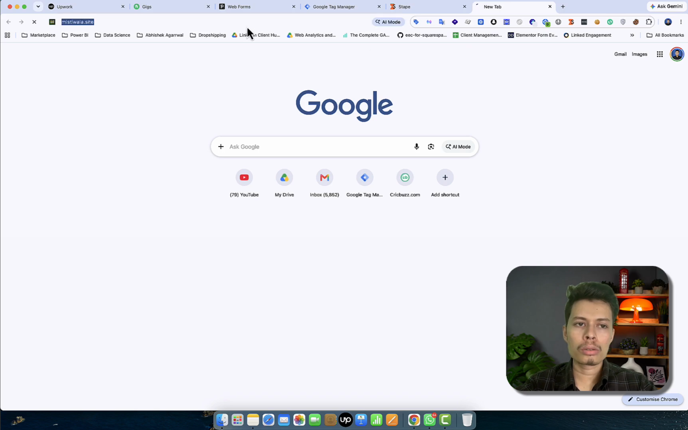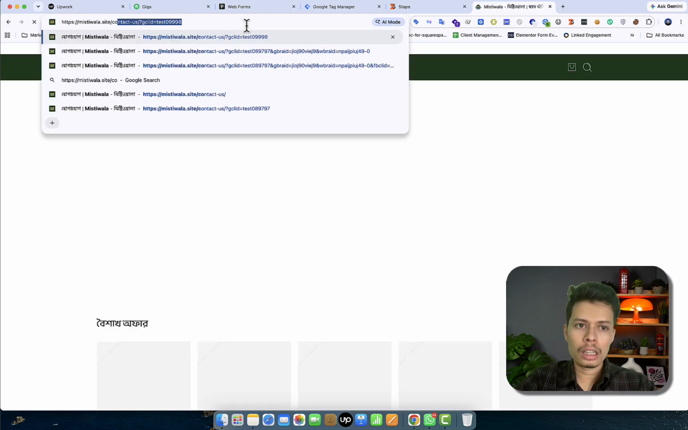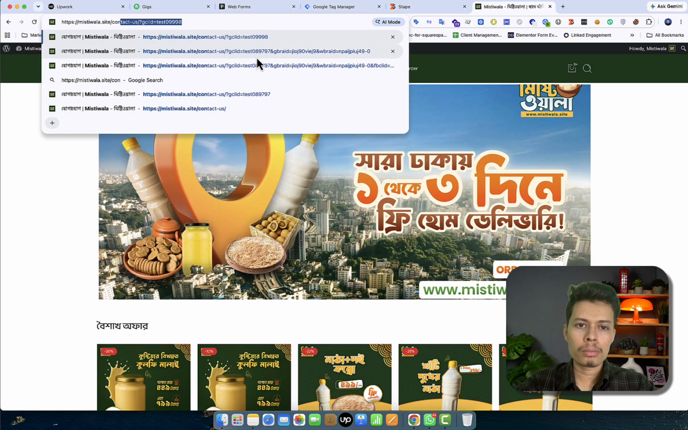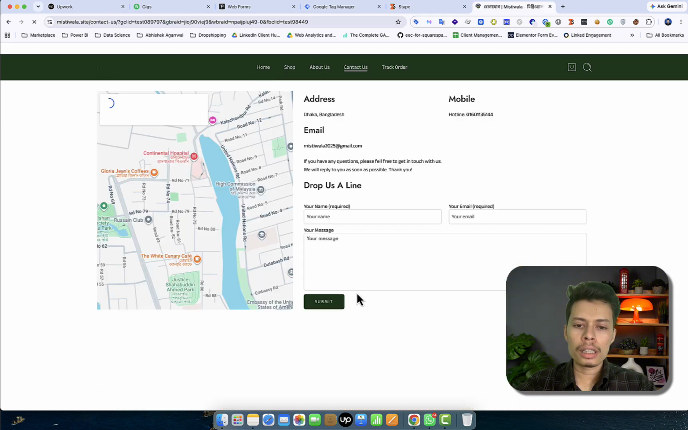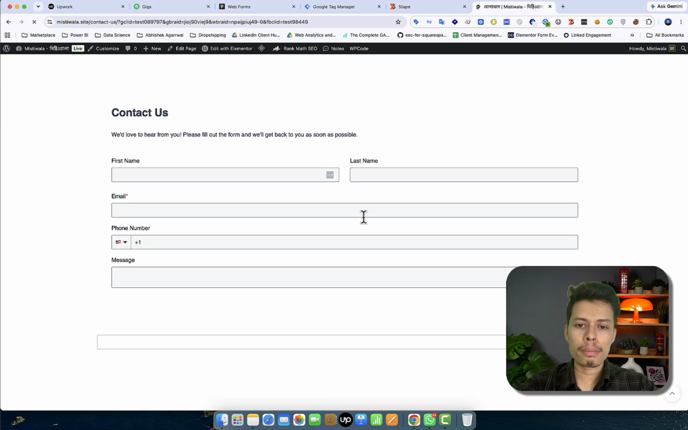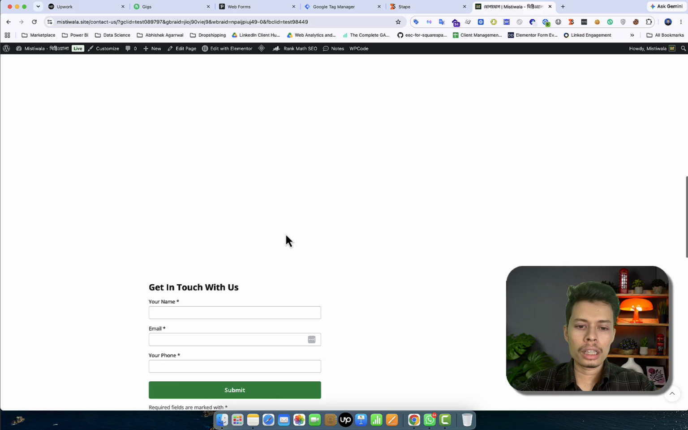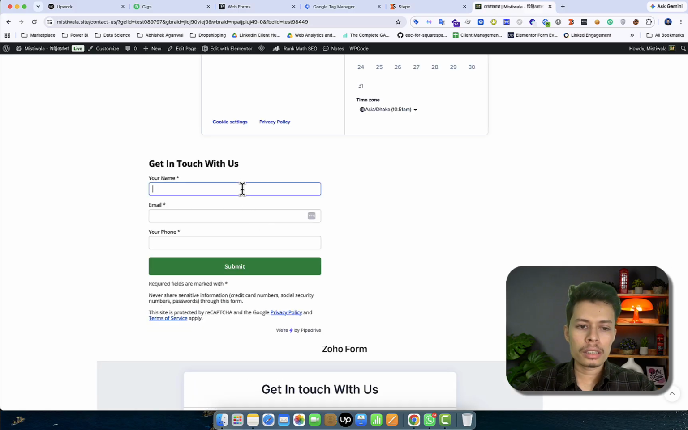Let me go to the website. I am going to the exact page from here. Okay, this is the page where I embedded the Pipedrive form. Actually, this is the form. Okay, let me submit the form